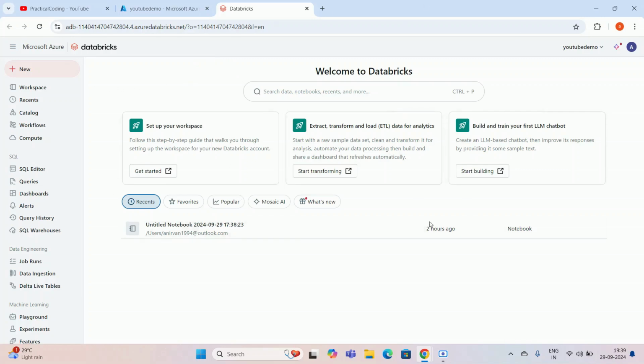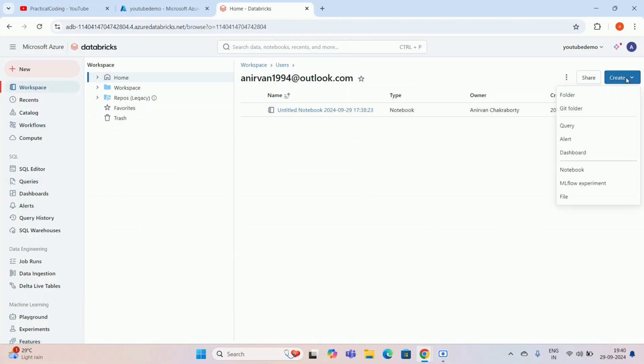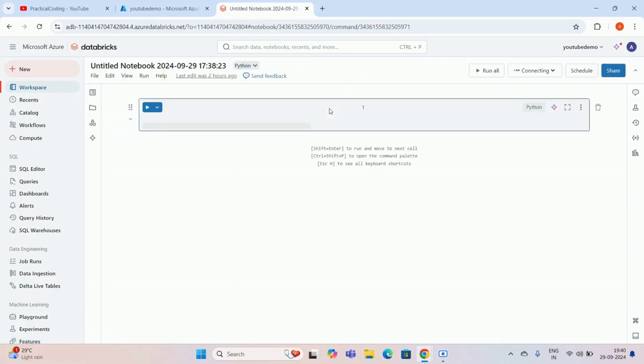But this is particularly an analytics resource. Okay, this comes under Microsoft Azure, and you can easily create this and use this for your various purposes. One small thing I'll cover is how you can create a notebook. For that, you need to go to workspace, then click on the create button, and there you can create a notebook. I have already created a notebook. Compute resources I didn't create, so those are not in the scope of this video.